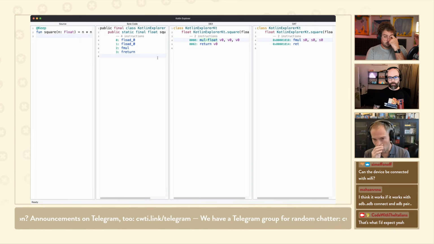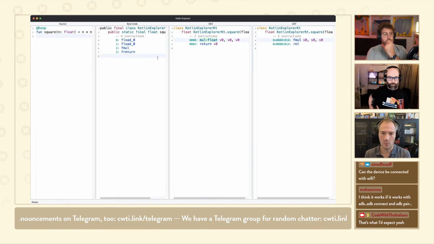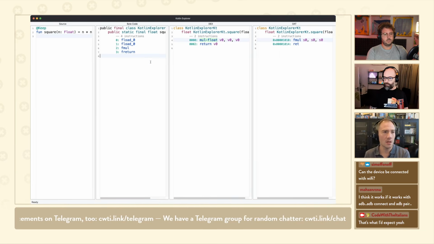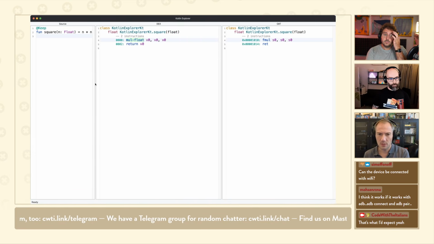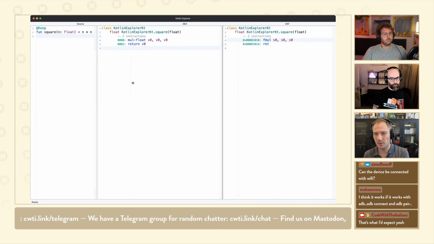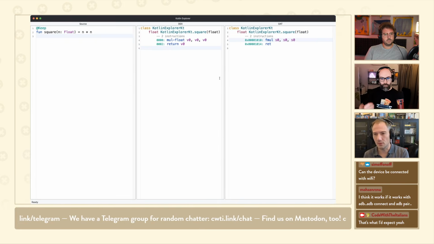The output can look widely different for more complex operations. I find most of the time I just look at the ARM assembly code. I find it useful sometimes to look at the DEX code because the ARM assembly can be very difficult to understand at times because it's so low level.